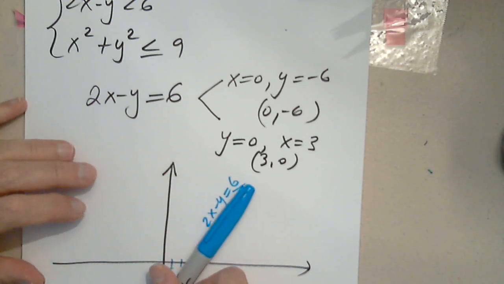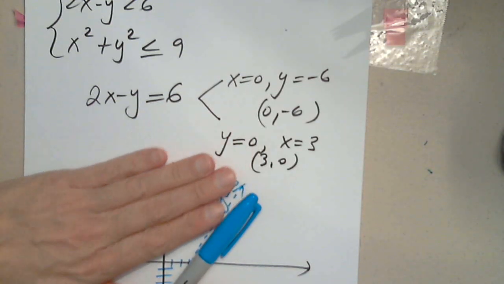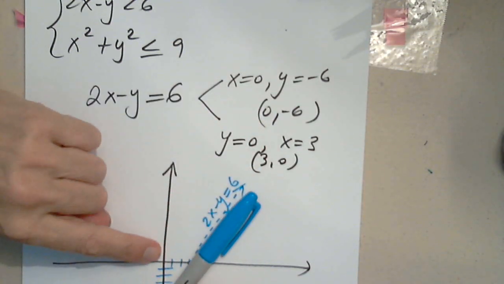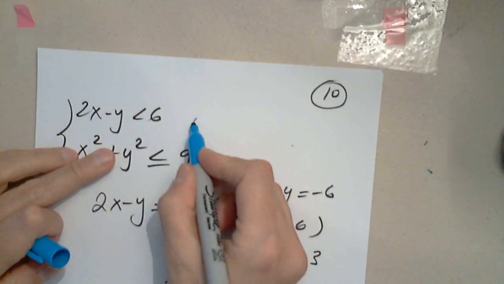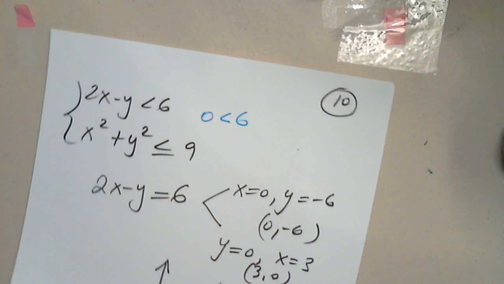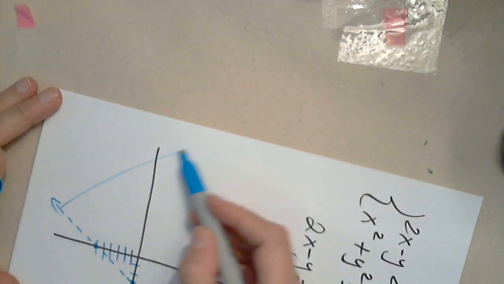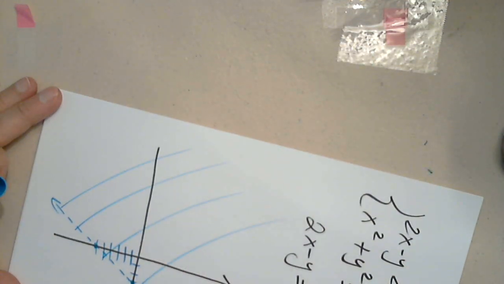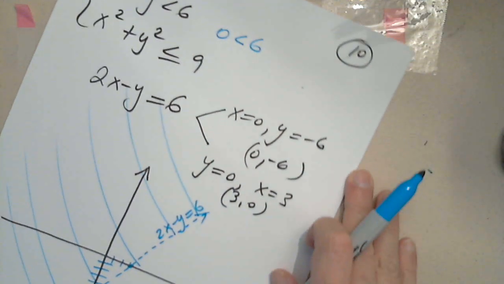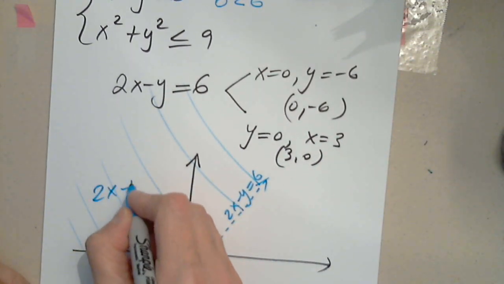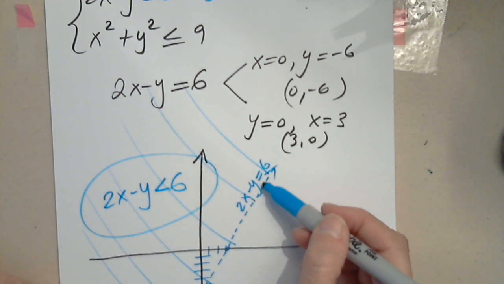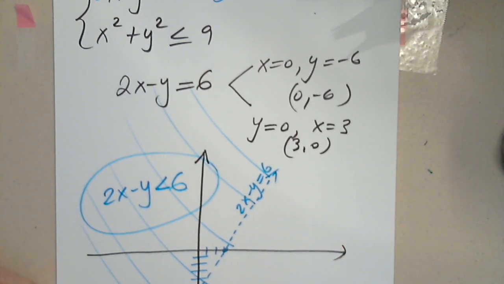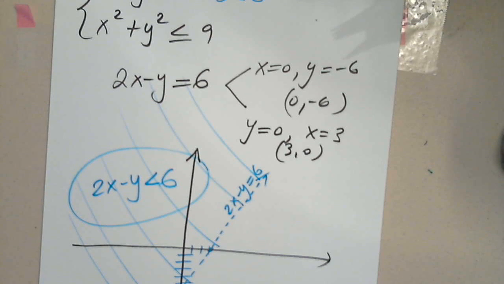I will graph now the inequality. I'm going to check this area because I like to pick 0, 0. 0, 0? Yes, that's true. It is a number less than 6. So therefore, I will shade in, and this is 2x minus y less than 6. Everything except points on the line. Then I continue with the second one,